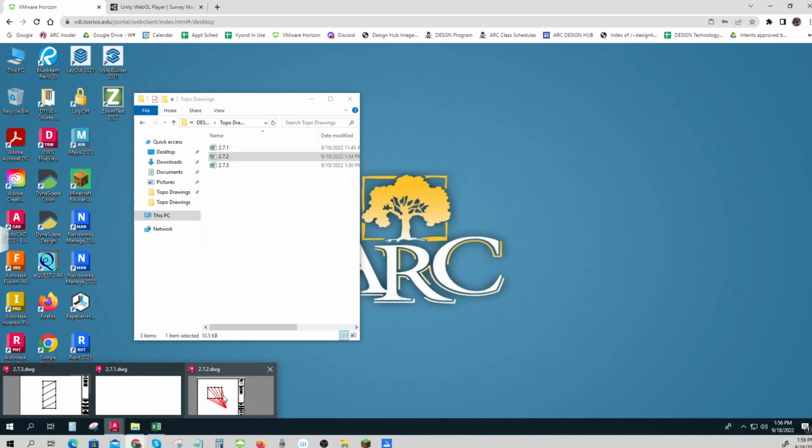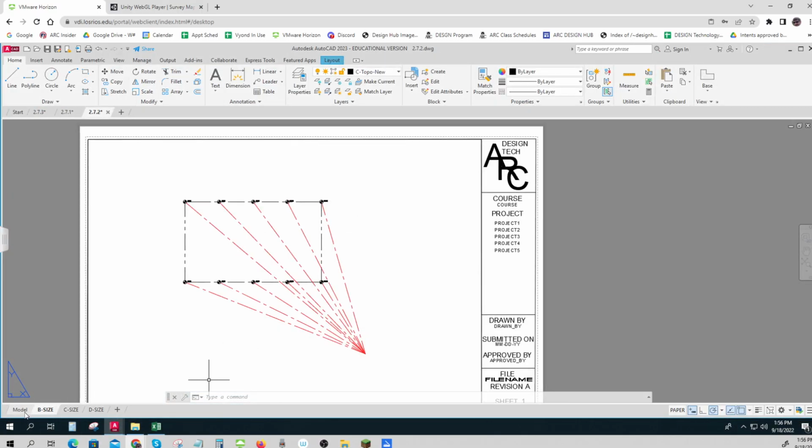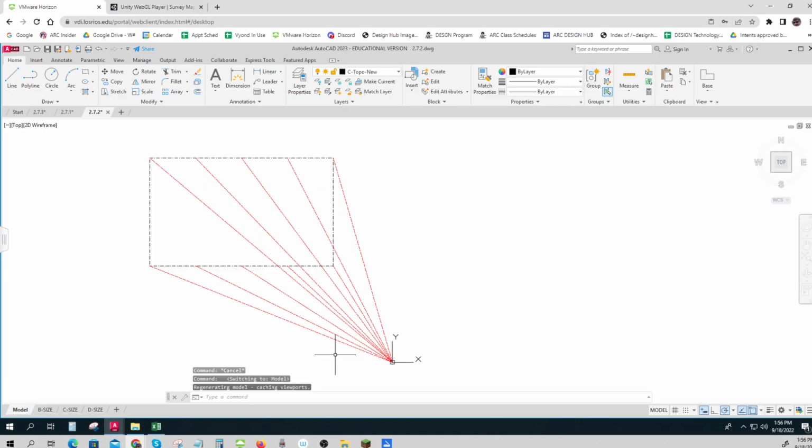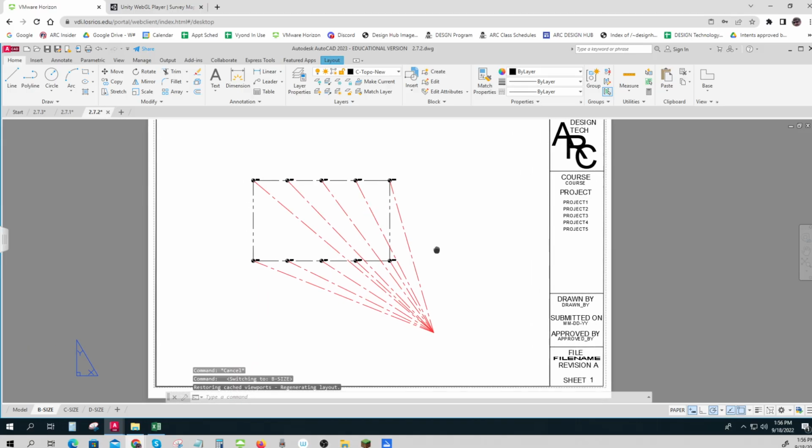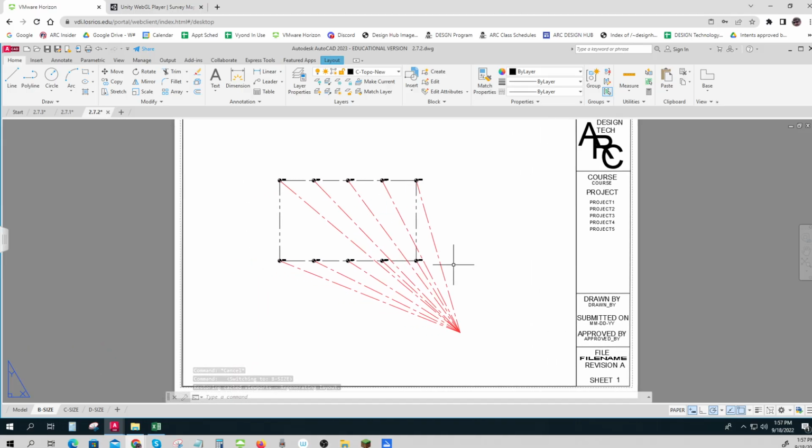Here it is. So I've gone ahead and drawn it. Here's all those lines drawn. And I found that it made another one of these wonderful rectangles. And I've put it into my B-size sheet. And once I've got it in there, I'm going to go ahead and